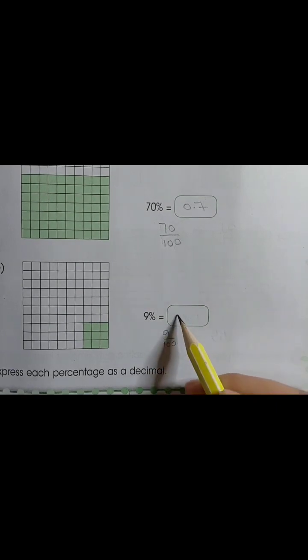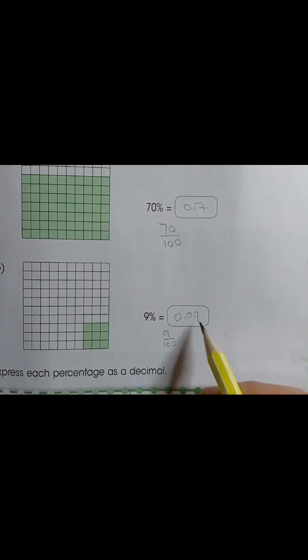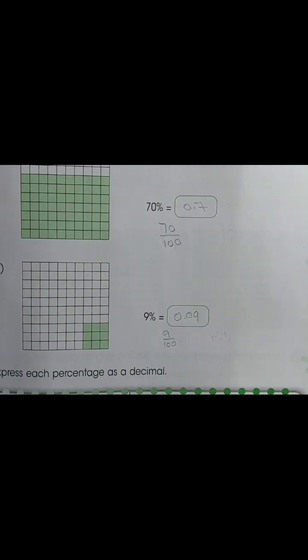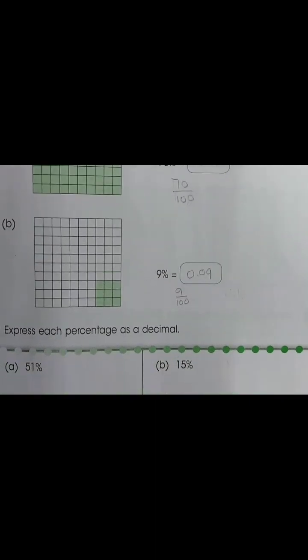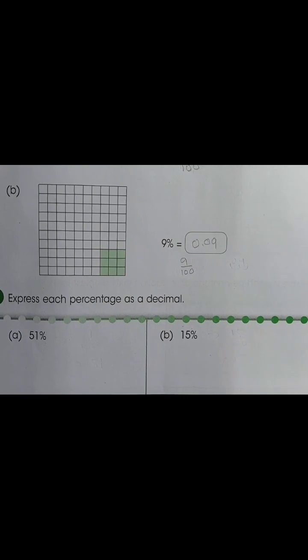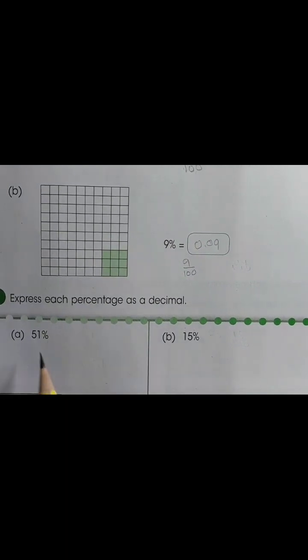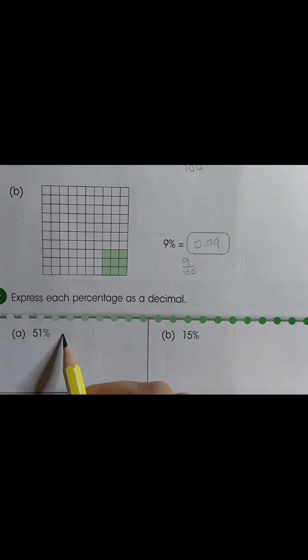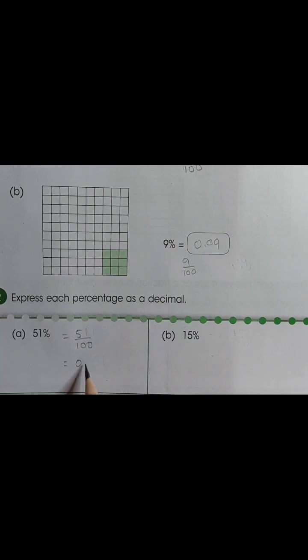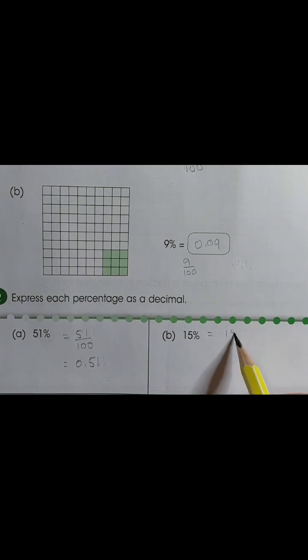Now part B is 9%. 9% means 9 upon 100. So it will become 0.09. Now question number 2 is express percentage as a decimal. Again we have to show them as a decimal. 51%, 51% means 51 upon 100. So it will become 0.51. B part is 15%. So 15 upon 100. So it will become